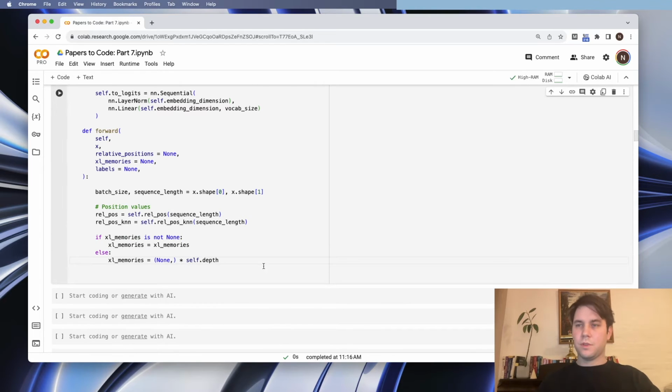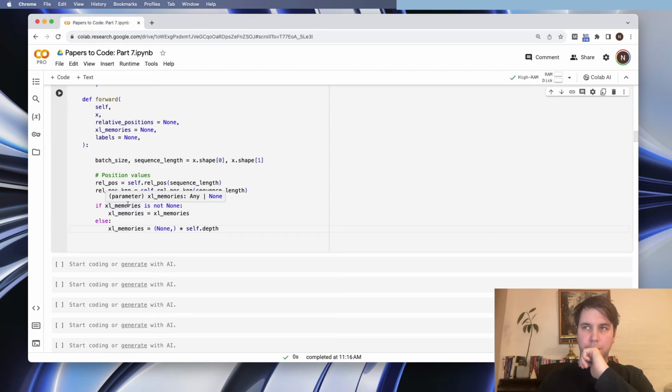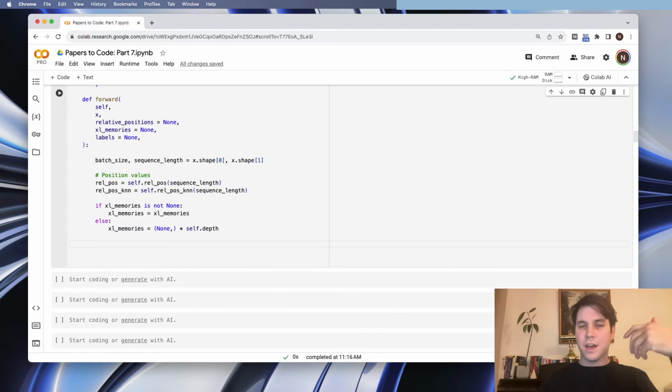So if XL memories is not none, meaning we're in the second or onward chunk of a document, so we already have XL memories, then we don't need to do anything. But if this is the first chunk of a document, we're just going to initialize XL memories as 12 layers of none. And this is because when we pass in none as the XL memories, we've already built in the logic into our attention classes that says, if it is none, then really we just perform attention without them, and we're okay. We get what we need out of it. So that is sort of the switch that we provide, is saying whether or not it's none or whether or not it's already provided. We'll create an iterator,